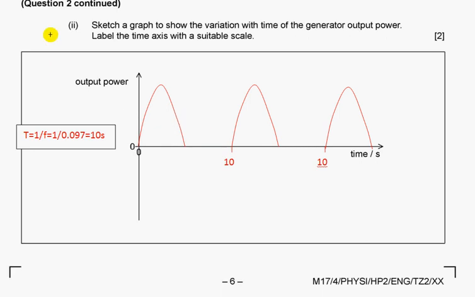Sketch a graph to show the variation with time of generator output power. Label the time axis with a suitable scale. First of all, as we know frequency, we can find period, because period is 1 over frequency, so it is 10 seconds. Also we know that for half a period we produce electricity, and for half a period we don't produce electricity, and